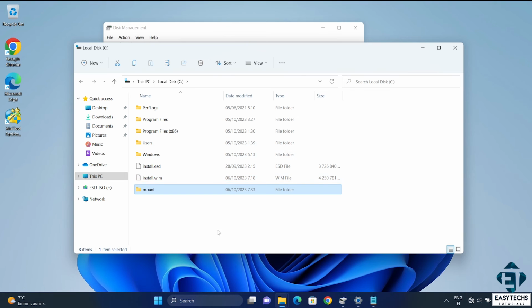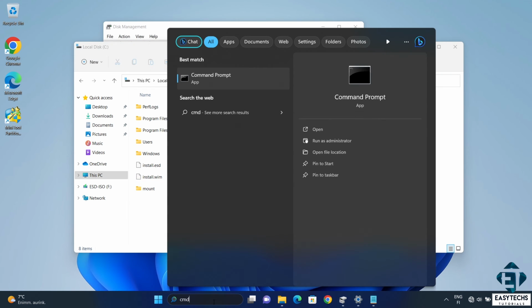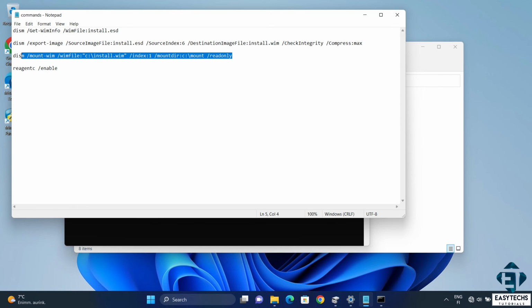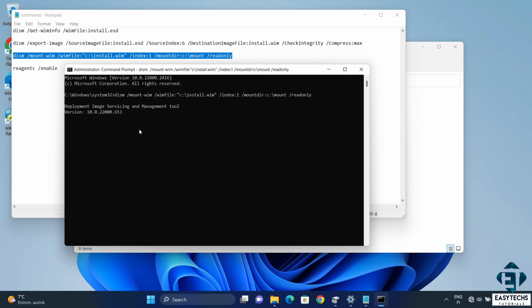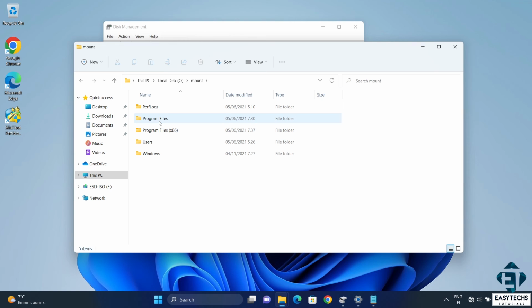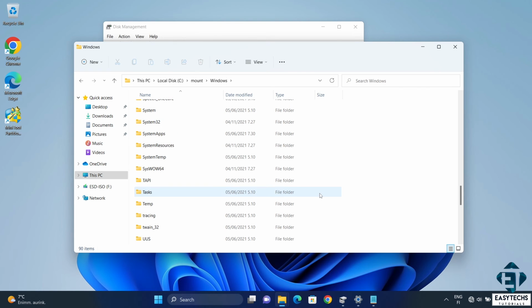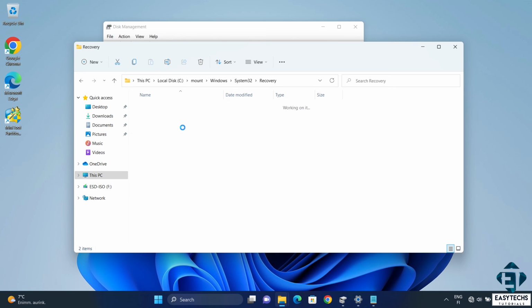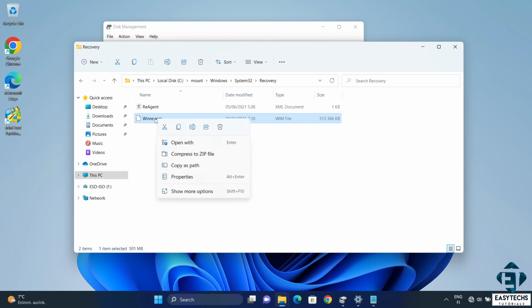Then open the command prompt as administrator once again. And copy paste the following command. Hit enter and wait for the process to complete. Afterwards, go back to the mount folder you initially created on the C drive. Open Windows, open System32, open recovery, and then copy the winre.wim file,